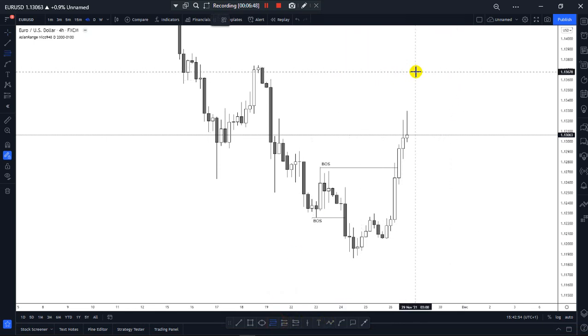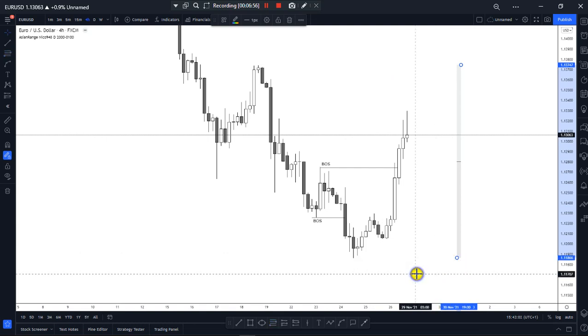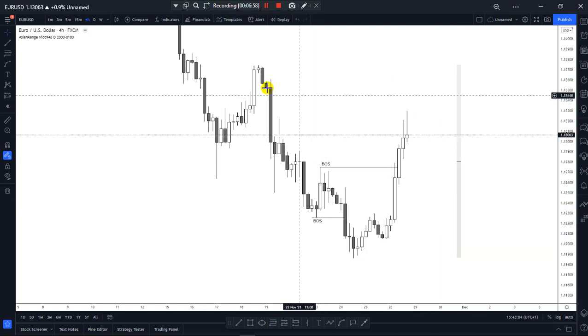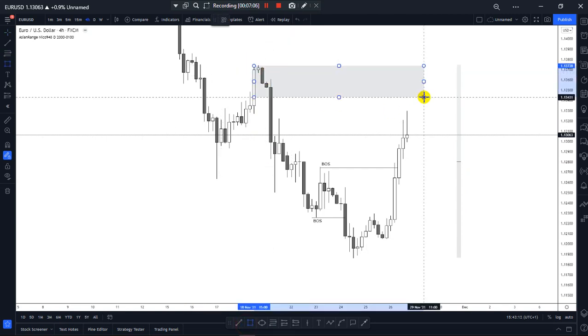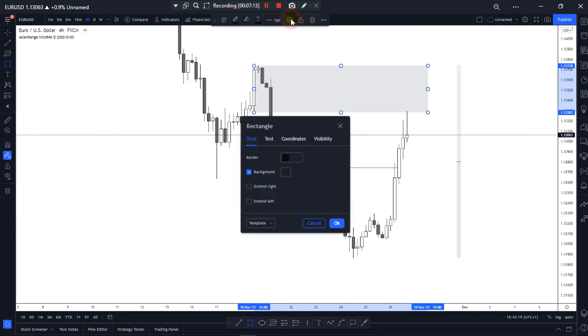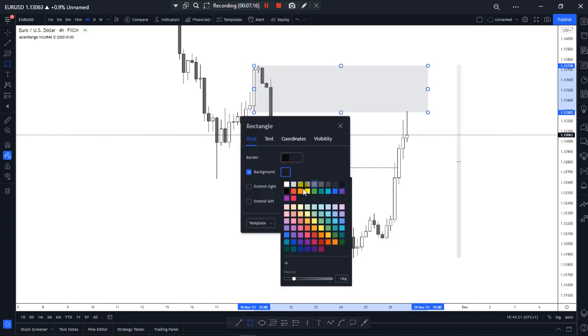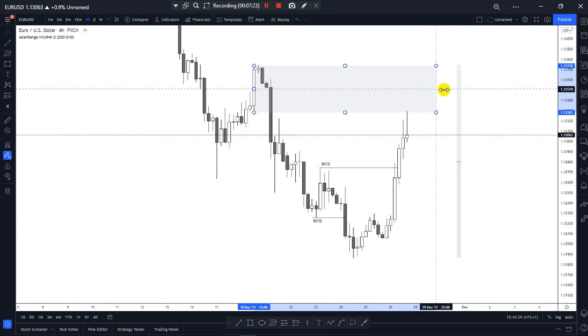I might decide to mark up a Fibonacci level from here to down here to identify the premium and the discount, and I would like price to come to this area, this area of supply, and not that price will just tap on it and leave. I would like price to go in deeper into this level